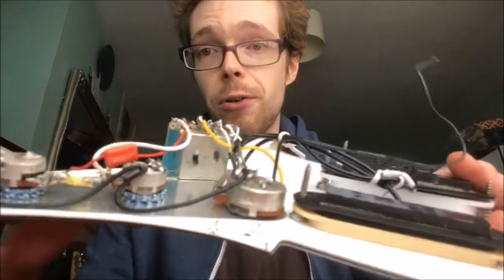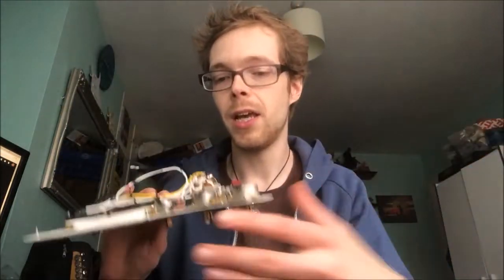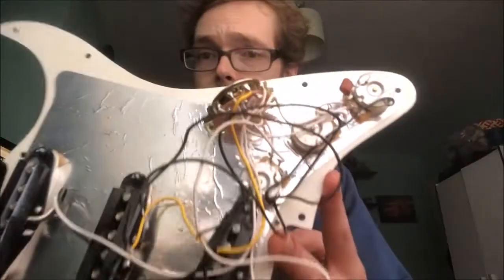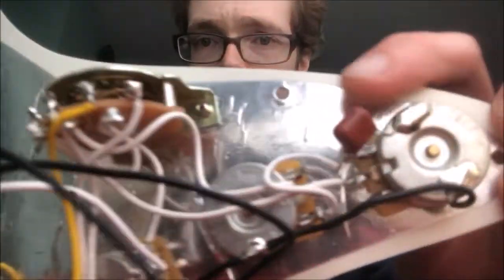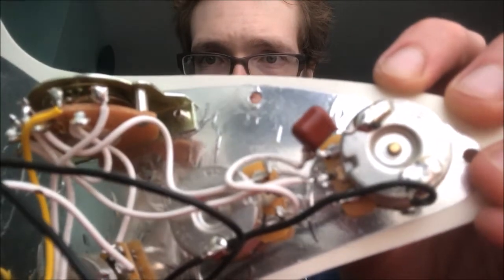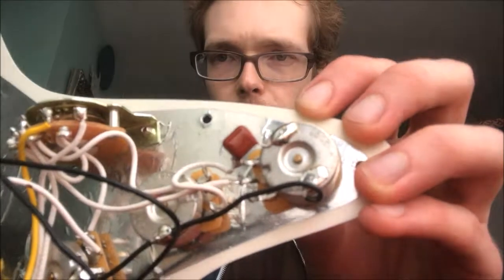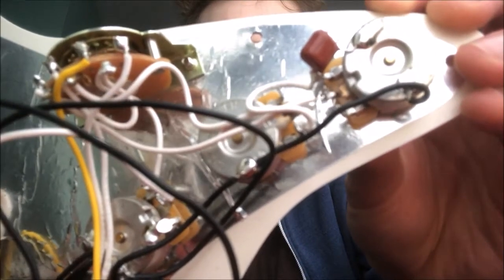Next, we're going to talk about the capacitor. So again, this is a Vichy orange drop I've put in there. It's not the stock type, but here's where things get a bit odd. And I was surprised by this. So you get CTS pots in the Mexican, but they still give you one of these dark brown capacitors, which I'm unsure how good quality they really are,